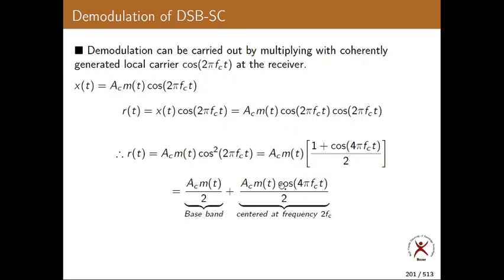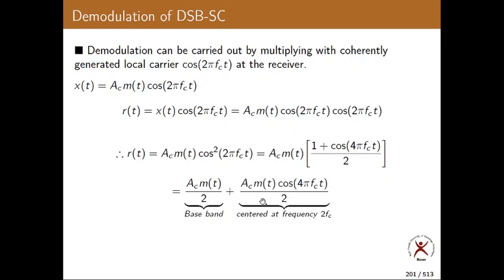So now this is just like the modulation property I told you in the previous classes. What is happening? You are multiplying m of t with cos 4 pi fct. The modulation property of signals and systems says there will be shifting to the right side and to the left side. How much shifting happens here? Not fc. How much? 2 fc.